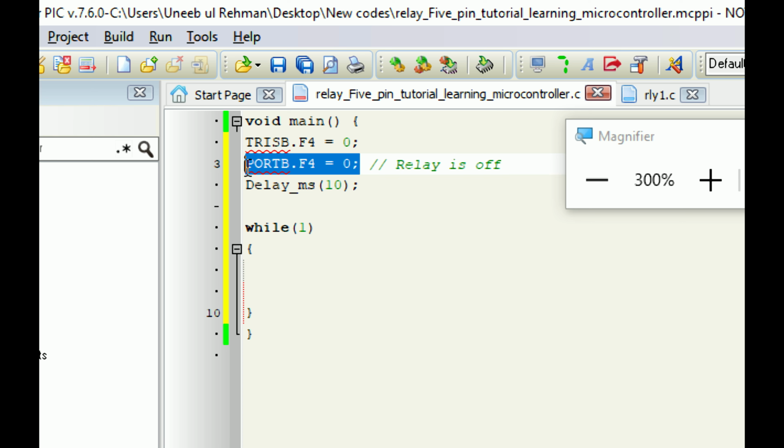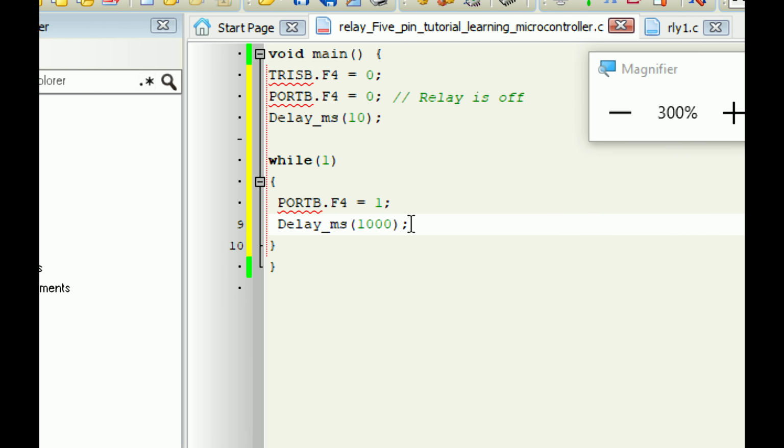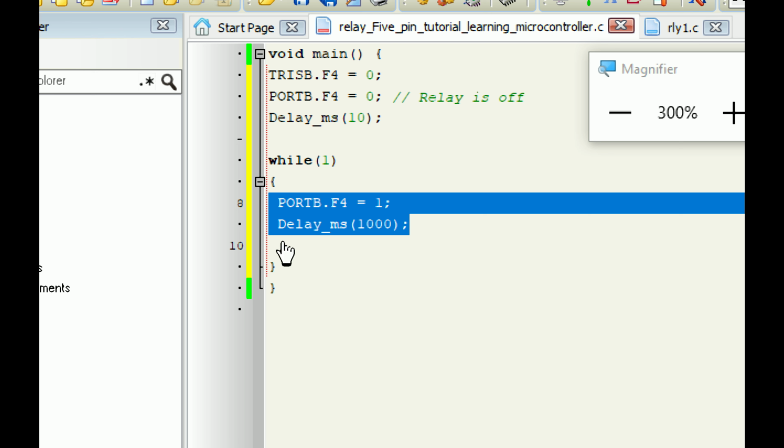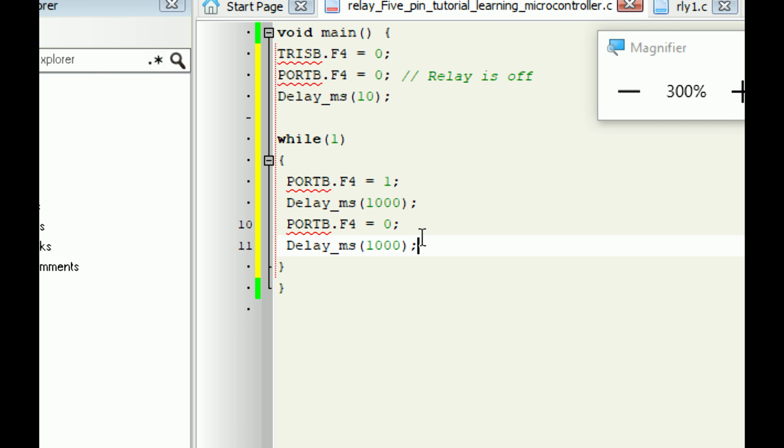So this is the initial state. Copy it, paste it here. We make it 1. Now it's no longer 0. Then the delay, copy it here. We make it 1000, like 1 second. And then copy this again. Now turn it off. So we will be toggling the 220 volt AC bulb with this relay. I click on build. Okay, it's built,